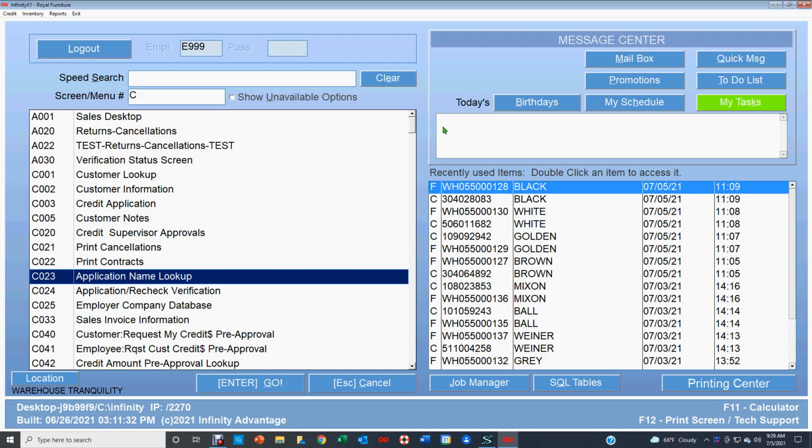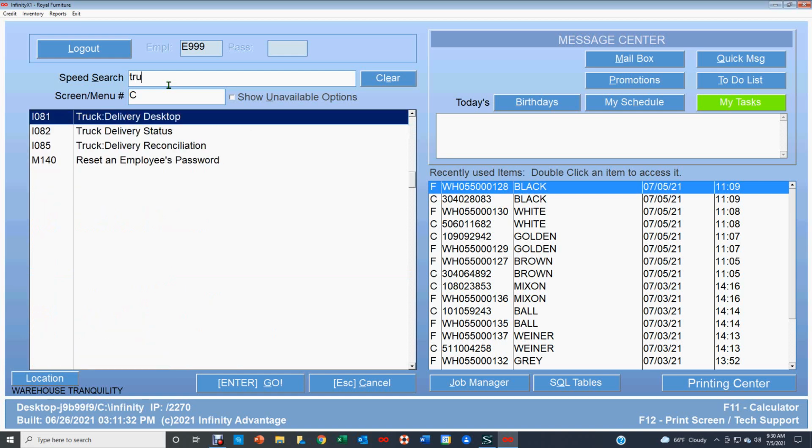Today we're going to show you an example of the delivery process, and that's how to take deliveries, get them scheduled, and then get them picked for delivery for the day that you're going to be making those deliveries. So this is going to be for a warehouse that uses both carts and lifts, not carts exclusively. So let's get started here, and this process starts on the truck delivery